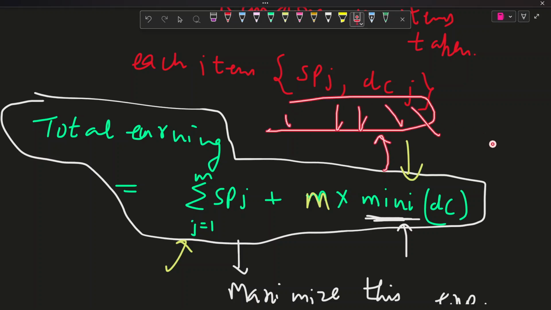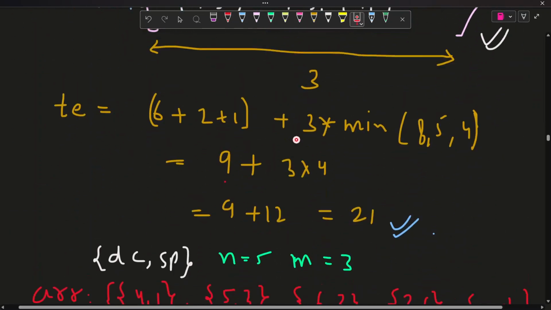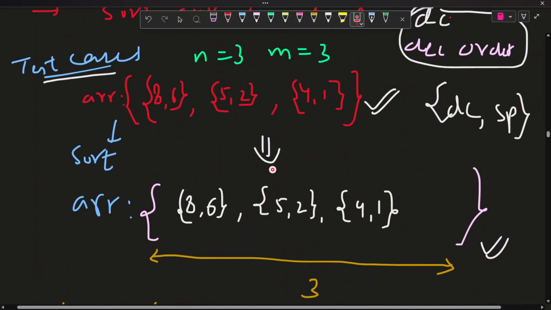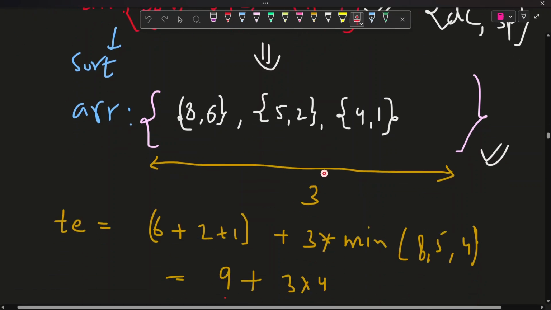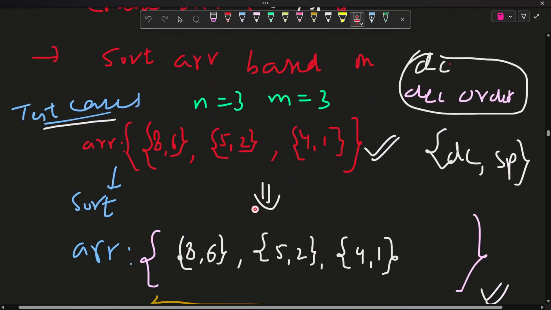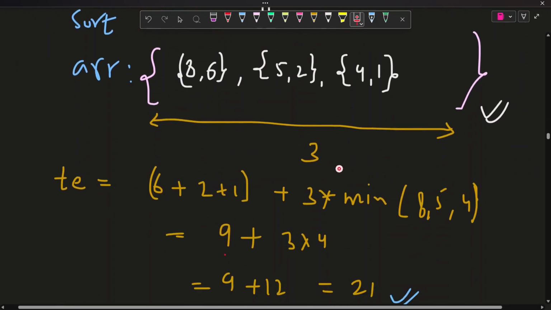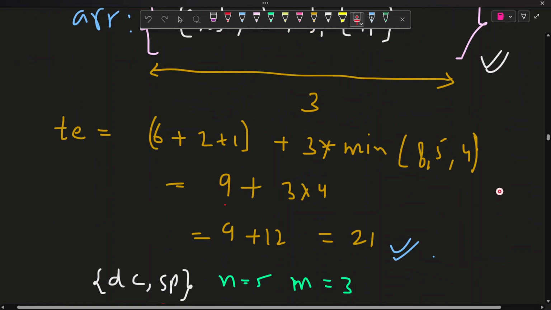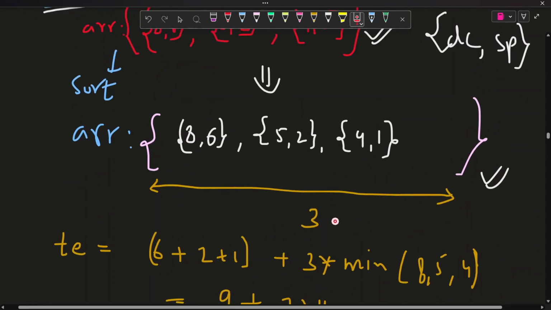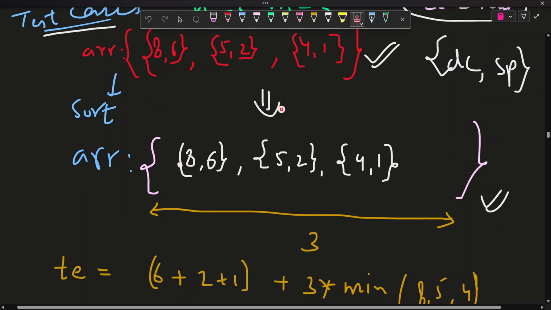For that, I have sorted this delivery cost, comma selling price array on the basis of decreasing order of delivery cost. And after having my sorted array, I just need to iterate over this array from left to right, and I need to maintain a min type of heap, or you can say min priority queue, for selling price,